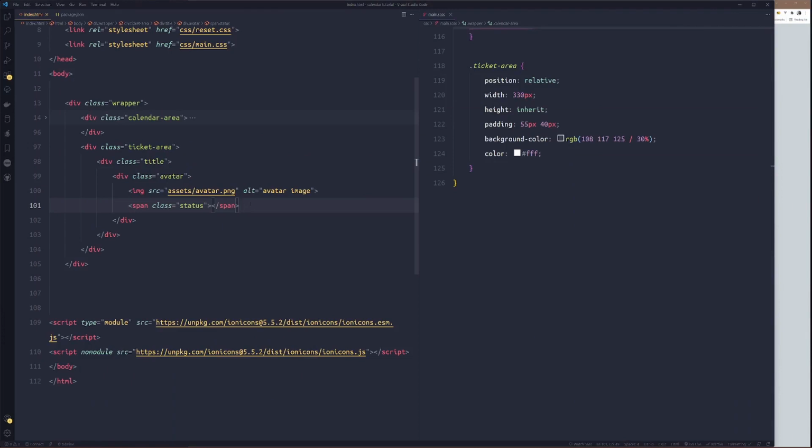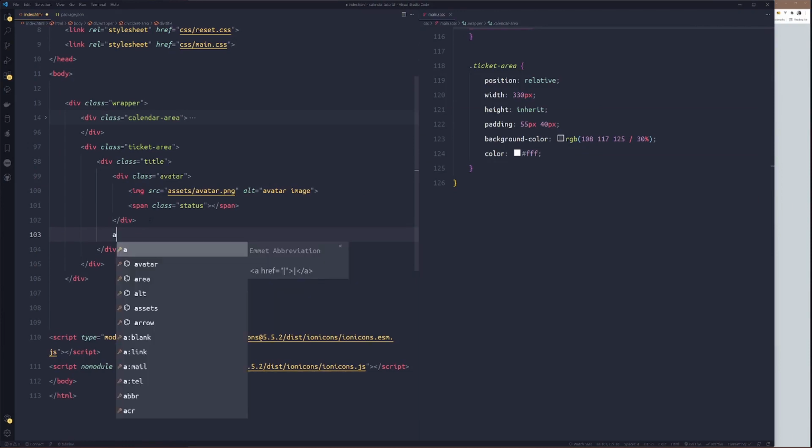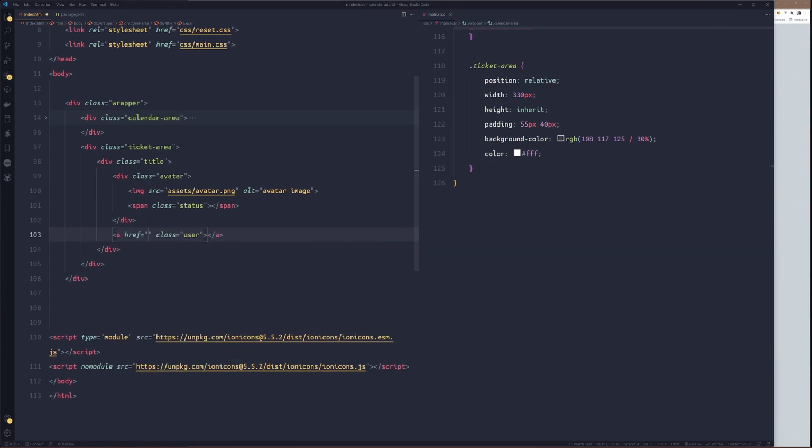Then just after this div for the avatar, we'll use an anchor tag. We'll create the user, because we might likely click on that.